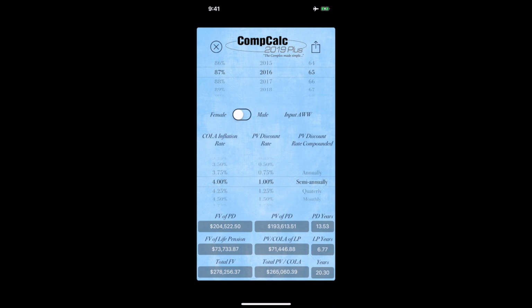The future value of the life pension, given the life expectancy of the applicant, which in terms of years is just over 20 years, but we're going to pay out PD for 13 years. That means that we are going to only have 6.77 years left paying life pension. The life pension, based on a maximum, or based on the 86% award, given that life expectancy, is